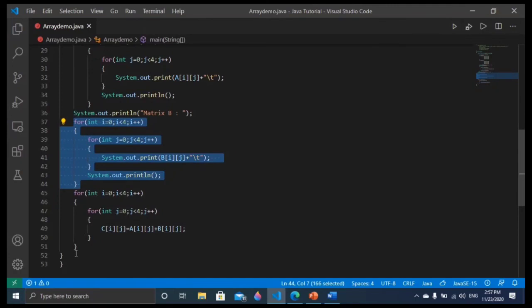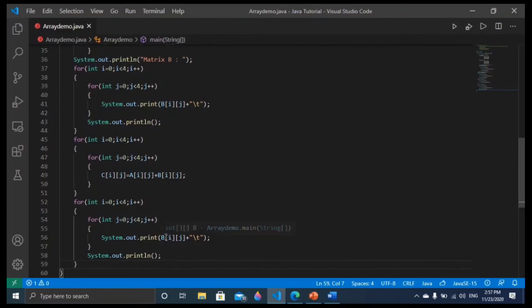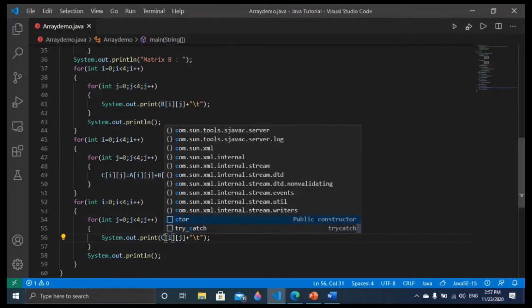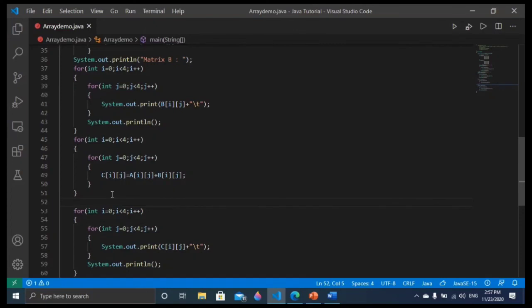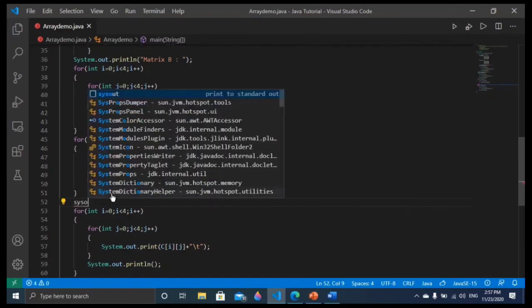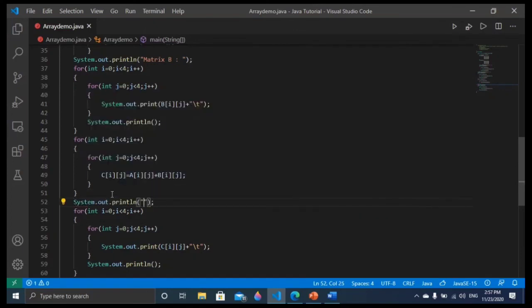I will copy and paste here, and instead of B, here will be C. And before that I want to show a message: addition of matrix A and matrix B. Right. Now let me run, let me show you friends.